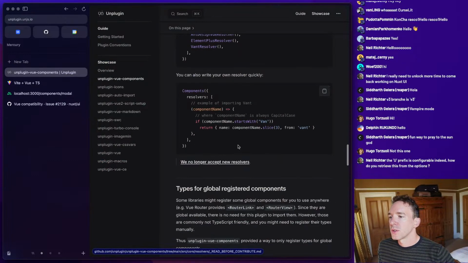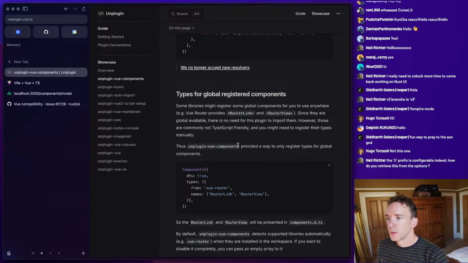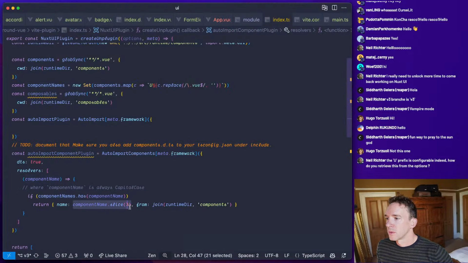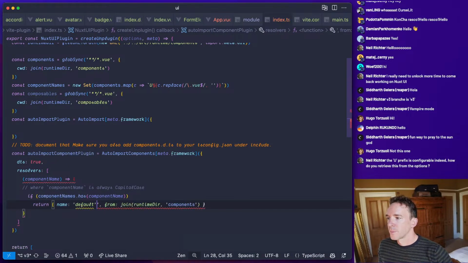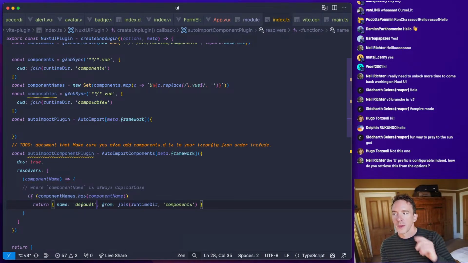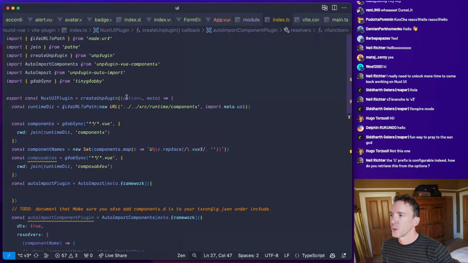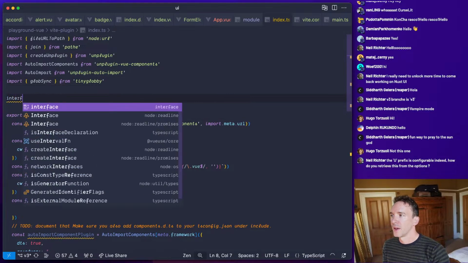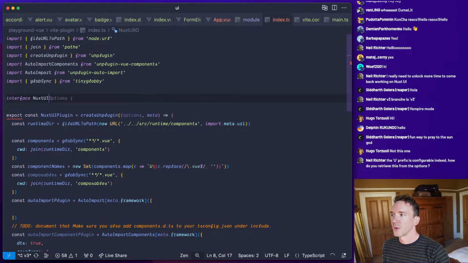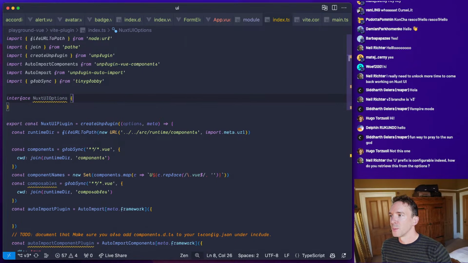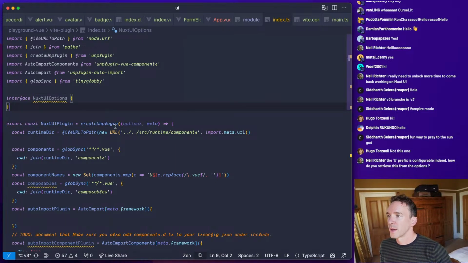What if it's just the default export? Do we just say default? Oh, don't you worry. We just need to get this running first, and then the options will come. At the moment we're not worrying about the options, but we will have Nuxt UI options, right? And we'll support pulling this in and configuring it. But at the moment, I'm doing it step by step, right?